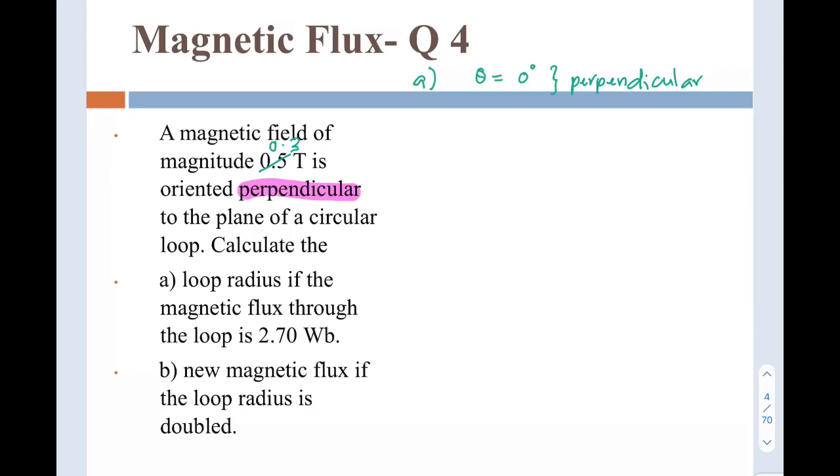Therefore, to calculate the flux, it is equivalent to BA cos theta, where our B here is 0.3, and our A here is pi r squared. Why is it pi r squared? Because it's a loop, a circle. Then cos 0 degrees gives you 1. So you will get your flux here equivalent to